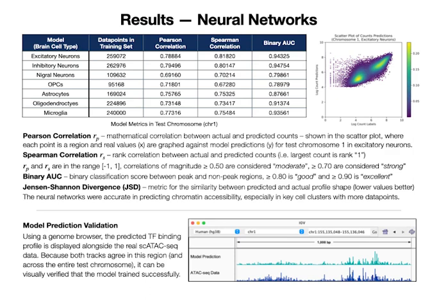The Pearson correlation of the excitatory neuron model's predictions on test chromosome 1 is shown in the scatter plot, which portrays the high correlation between the true count and the model's predicted values. As shown in the table, some models may have been hindered by insufficient data, and the lower performance can be attributed to data scarcity.